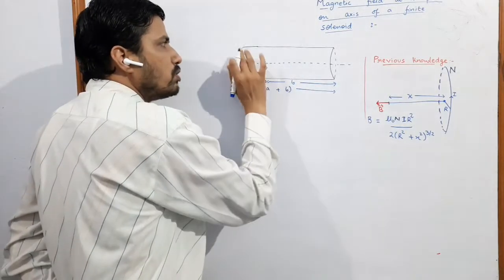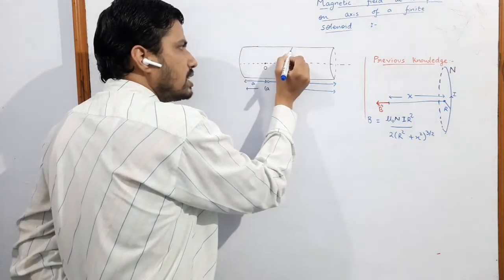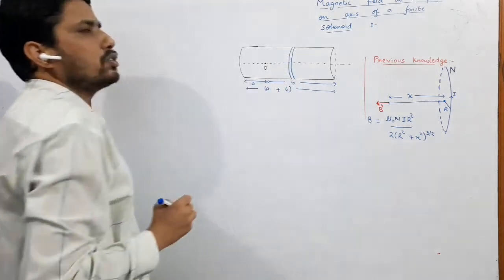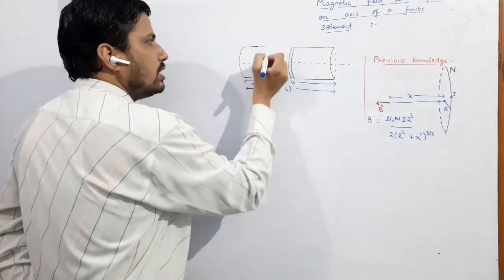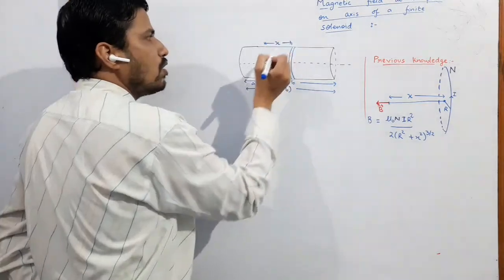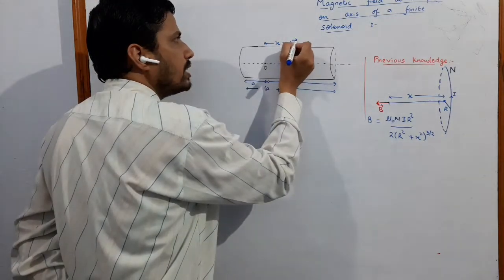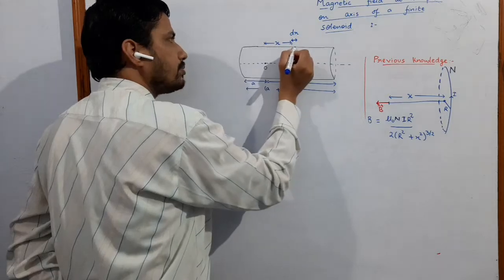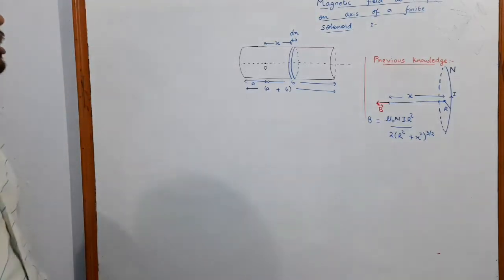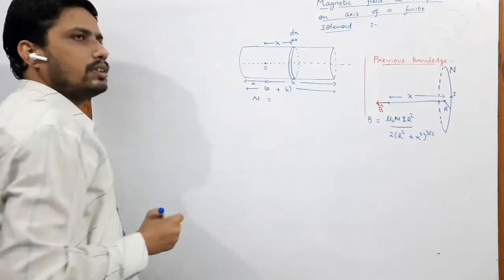Now, to find the magnetic field due to the entire solenoid at this point, what we would do? We shall take an element in the form of a circular ring-like structure, like so. This we will take at distance, say x, from the origin, and its thickness we will take as, suppose, dx. So it is also a circular current carrying loop. Now the number of turns in this, which I write as capital N, will be how much?